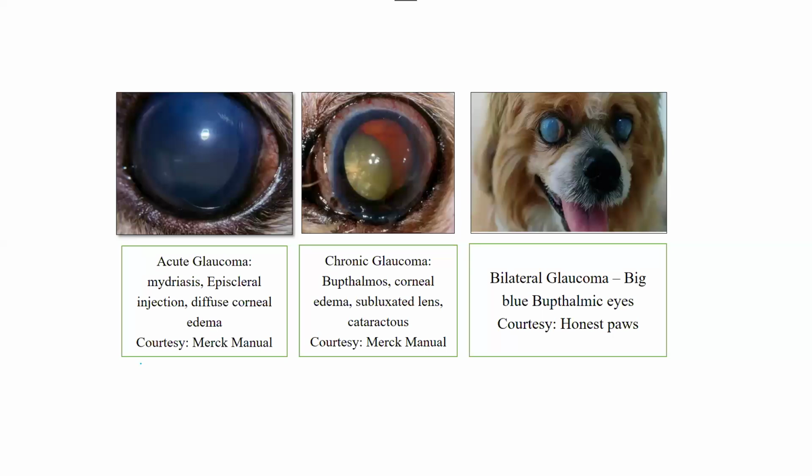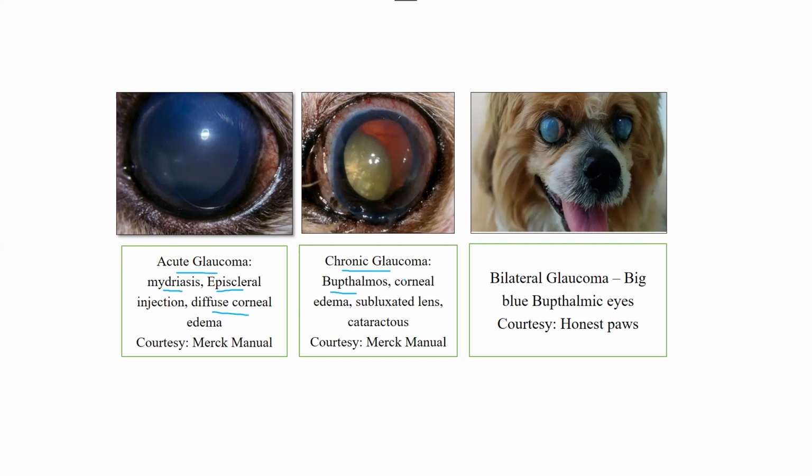Then you can see these images. It is the image of acute glaucoma. You can see the mydriasis, episcleral injection. All of these blood vessels are episcleral injection. Diffuse corneal edema, the whole blue tinge you have over here, the hazy tinge, basically reflects the diffuse corneal edema. This image is taken from the Merck Manual, because it is the majority opinion that these images might reappear in the exam. Then we have chronic glaucoma, where we have